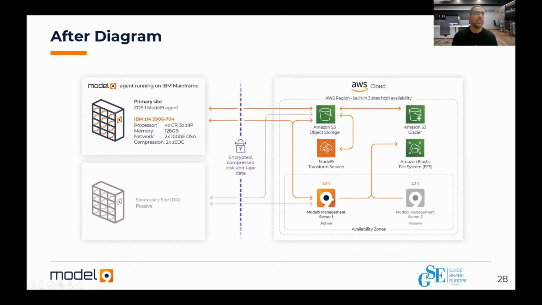We also have the Model 9 management server running in the cloud. This is what provides the web user interface where you can define and work with the product very easily. It doesn't have to run on AWS. It can also run on-prem. Everything here can be on-prem. This is just this customer who chose to work with AWS. I mentioned our Model 9 transformation service. This is also running on AWS, and this is the component that allows you to transform the data from its raw format in object storage into readable formats that can then be ingested by any other analytics, machine learning, or business insights that you might want to get from the data.